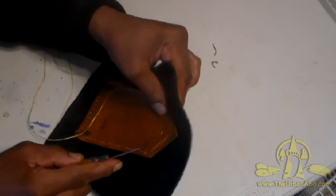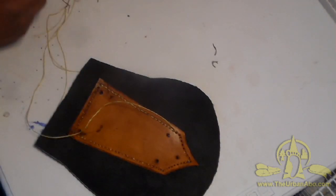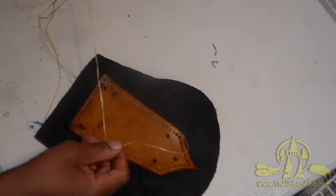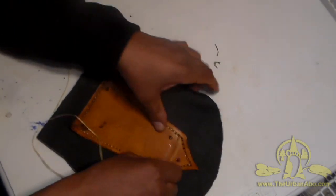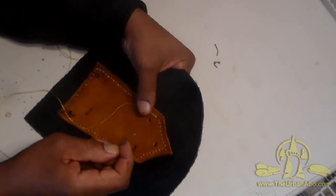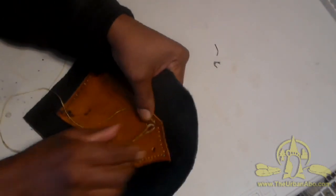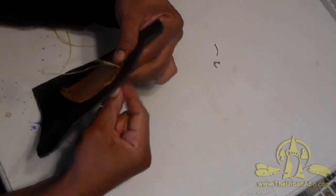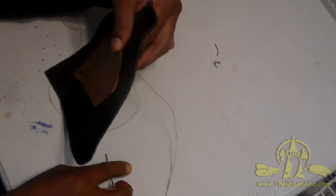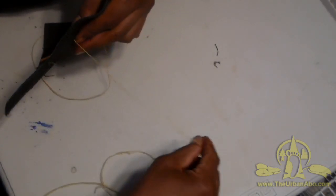and 5. And again, like I said, it's probably very difficult to see, and again, I'm at a bad angle. But now I just take this and feed that through, pull it to the other side. And then I take my next one,